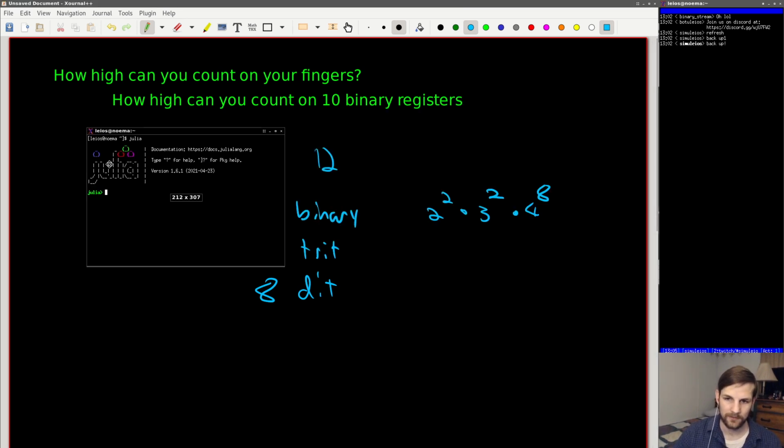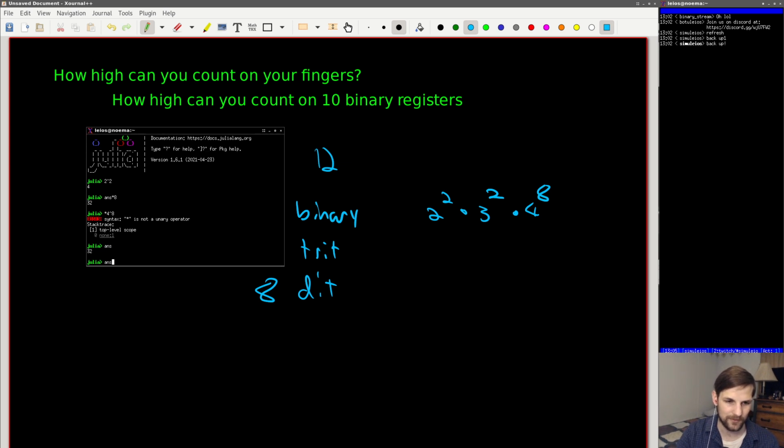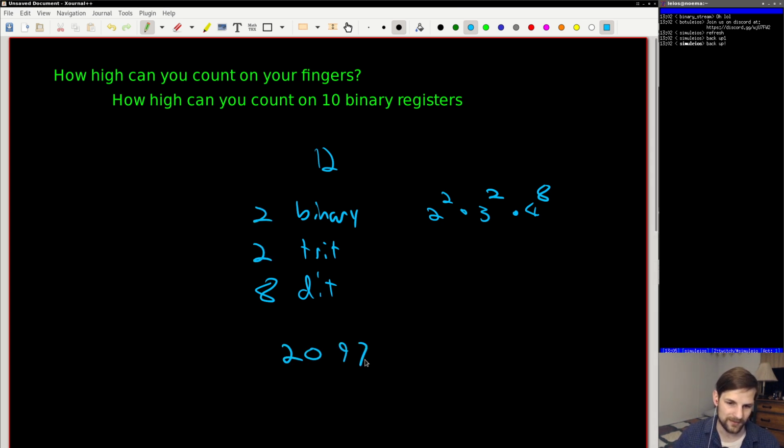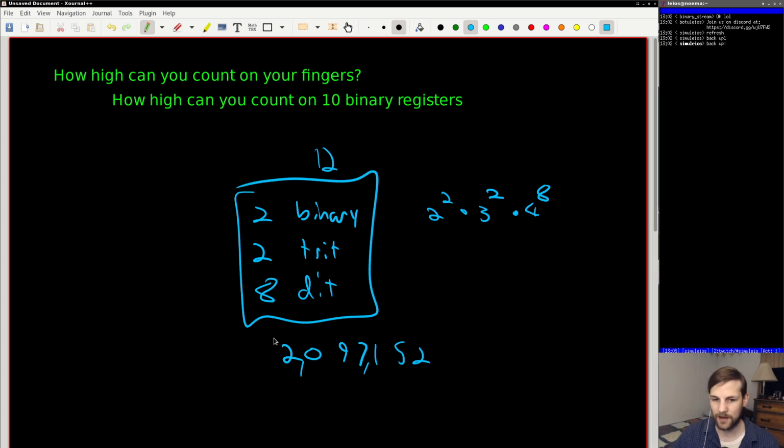So then you could have 2 squared times 3. Well, it's just times 8 times 4 to the 8th. No. Oh, no. It's still 32. So if we do that times 4 to the 8th, that gives you a total of 2097152 that you can count to if you use all of your knuckles and stuff like that,